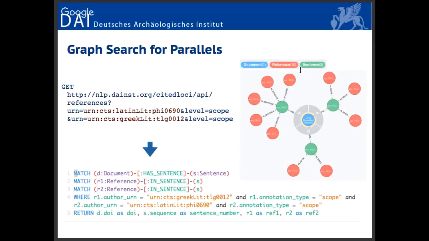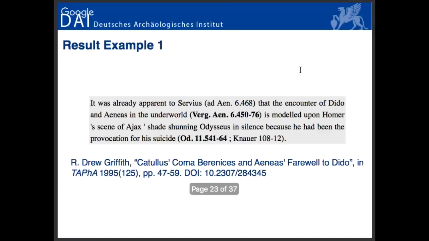This is very much work in progress, and if you try the URL, it doesn't quite work, but as an API, you can have interfaces built on top of it, and it's also a graph that you can search. The search over the graph becomes very clear because you pass each URN of the passages you are interested in as a parameter, and then you query the graph, looking at documents that contain sentences that have one or more references to both of these texts, and then you get back the results. And the results you get back are quite interesting.